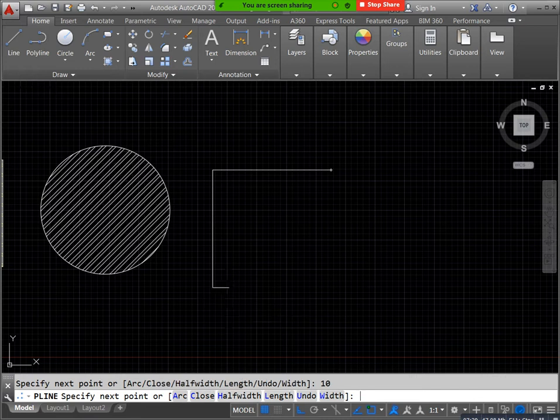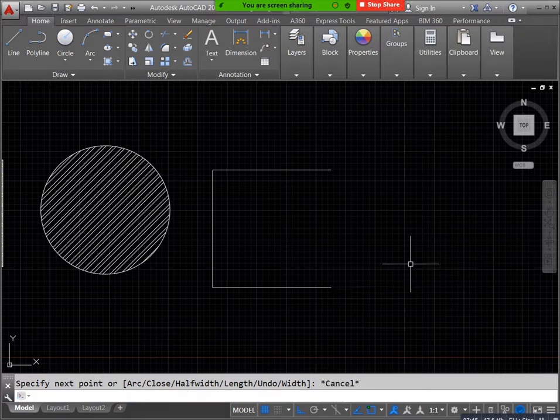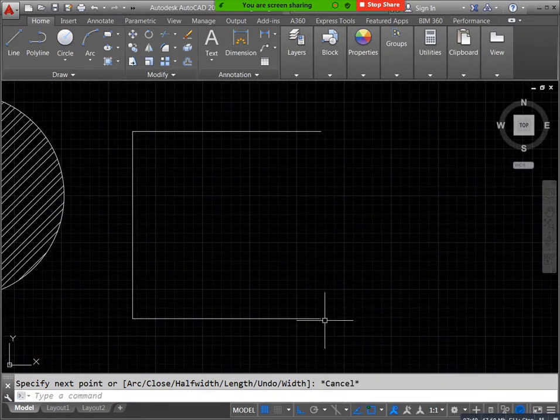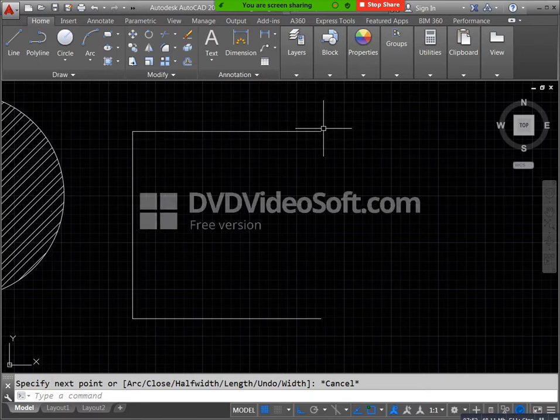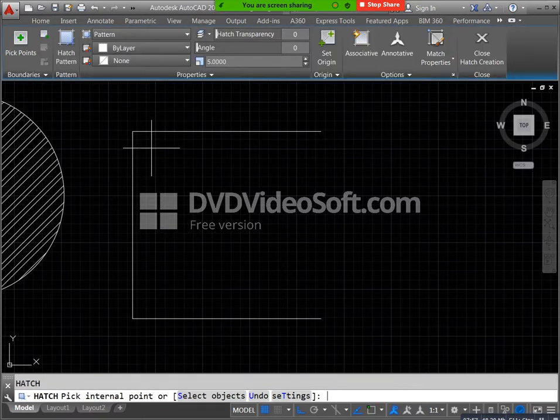Now you already know the distance from this point to this point. How much? 10, right? Now select your H and enter. After H, go to settings. Directly it is not applicable, but you go to settings and apply your gap tolerance here. Where is our gap tolerance? Actually your dialog box is displayed like this.